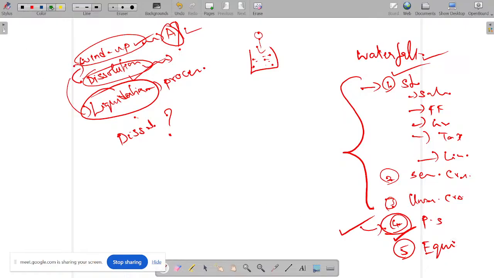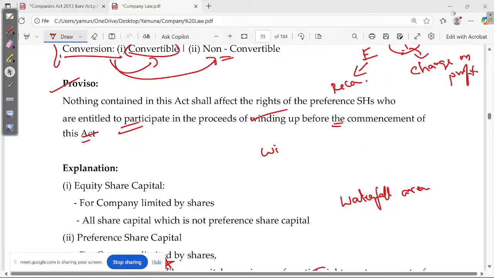Now you have to give importance only to these two. They are the owners, like. So preference is given to equity shareholders or preference shareholders? Preference shareholders. That's why they are preferred over the equity shareholders. So first preference is only for these. Okay. Let me carry on. So, waterfall arrangement.